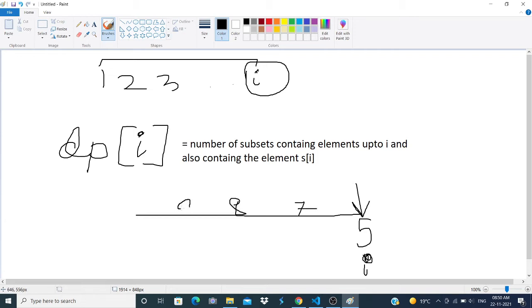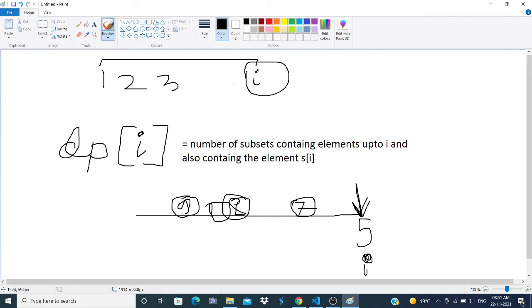So if I have slippers with sizes 9, 8 and 7, then if I am taking the slipper at position I with size 5, I must also take the slippers with sizes 9, 8 and 7, because otherwise this subset will not be possible.